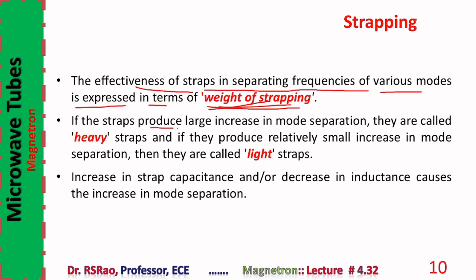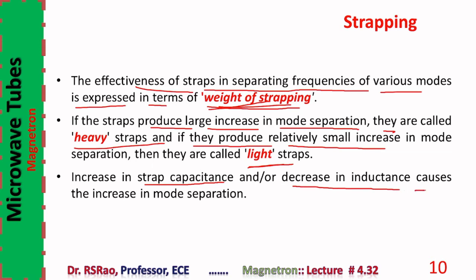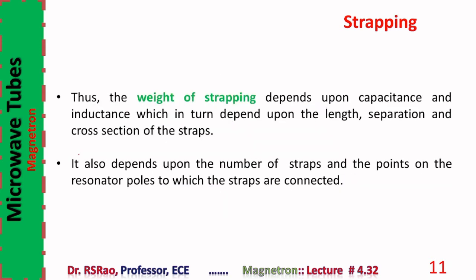If the straps produce a large increase in mode separation, they are called heavy straps. And if they produce a relatively small increase in mode separation, they are called light straps. An increase in strap capacitance and/or a decrease in inductance causes the increase in mode separation. Thus, strapping weight depends upon capacitance and inductance, which in turn depend upon the length, separation, and cross section of